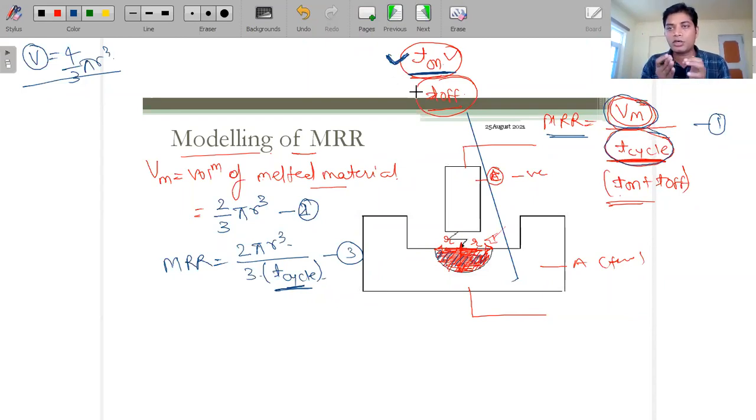Now we just cut off that potential difference. So when it was cut off, when the time is off. You may ask me here: why are you writing, sir, this is the cycle time, you should just write T on only. What is the need to write T off? I'm giving you a point that I cannot write T on only, because if we write the T on, then we can say that this much amount of the material is removed.